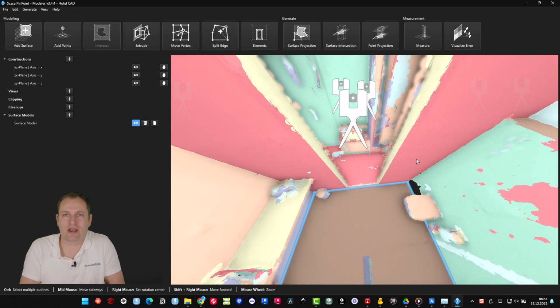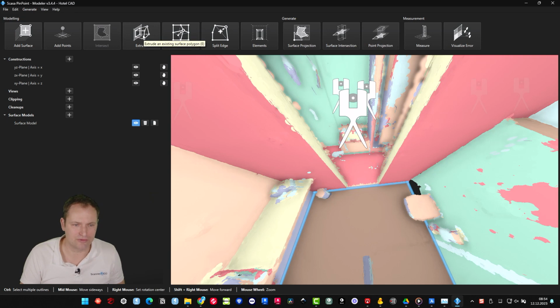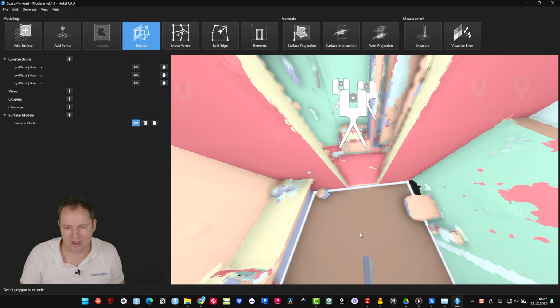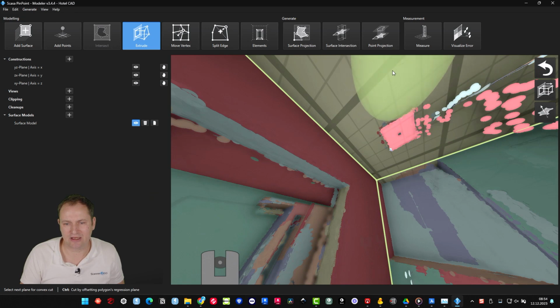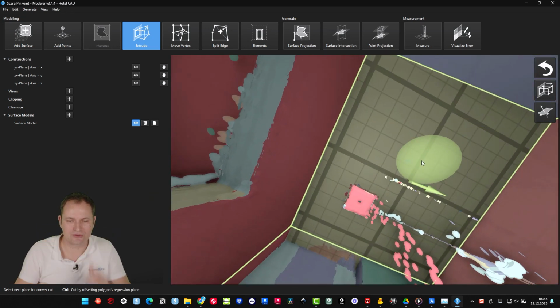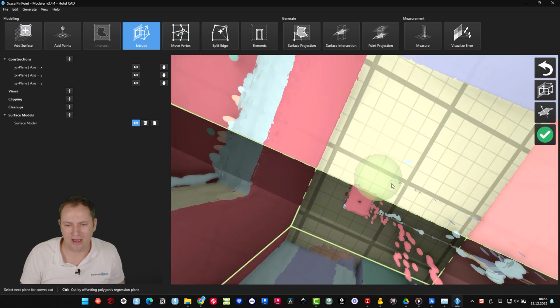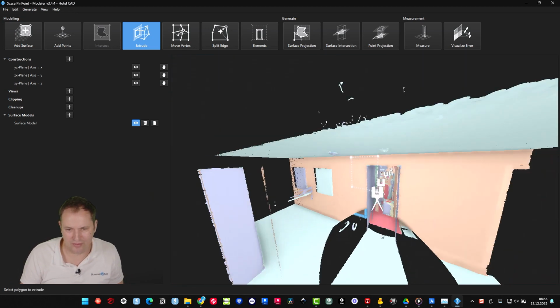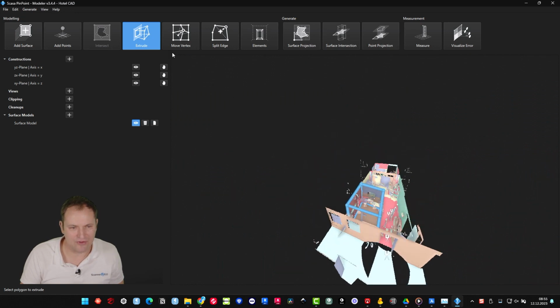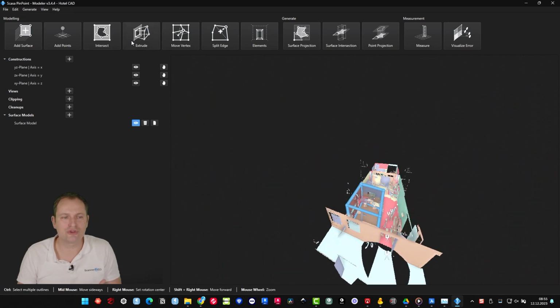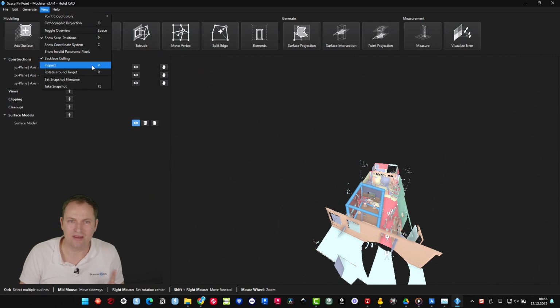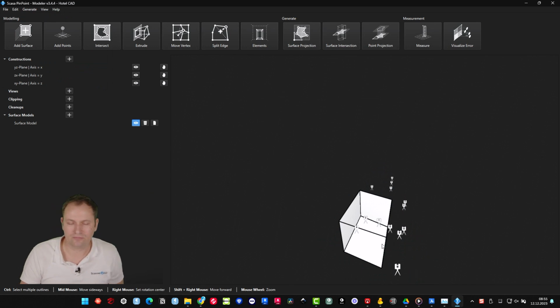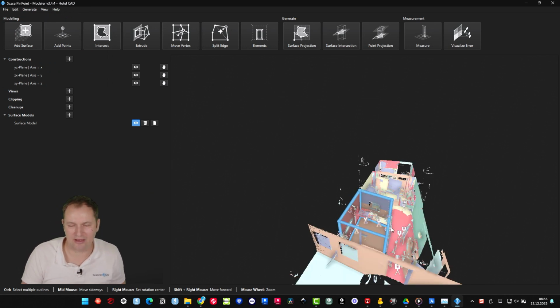Next I'd like to extrude this polygon, so I have the shape of the room. I go to extrude. I select the polygon. I select the surface I want to extrude it to. And I say OK. And that's it. Now we have our room. And there is a view function where you can view the shape. If you go to V, intersect, then you see the shape, and again I can jump back in.